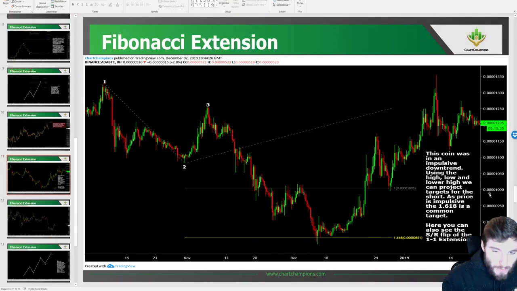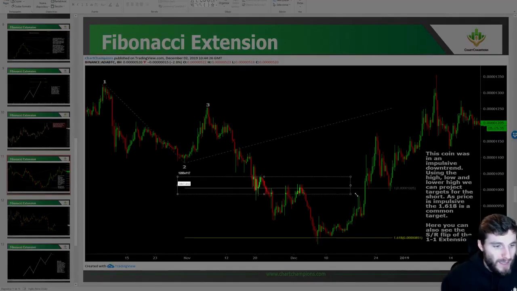Okay, on top of that here, you also have the psychological 1000 level itself. These psychological levels in trading are really, really big. Okay, they're really, really big. So here you obviously have support flipping into resistance of the 1-to-1 before coming down to the 1618. Okay, before coming down to the 1618 extension from high to lower high. That's where you ultimately reversed there and got a very, very big move to the upside.